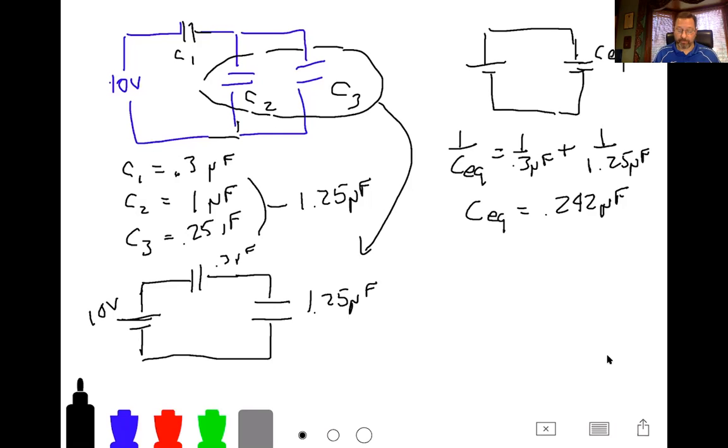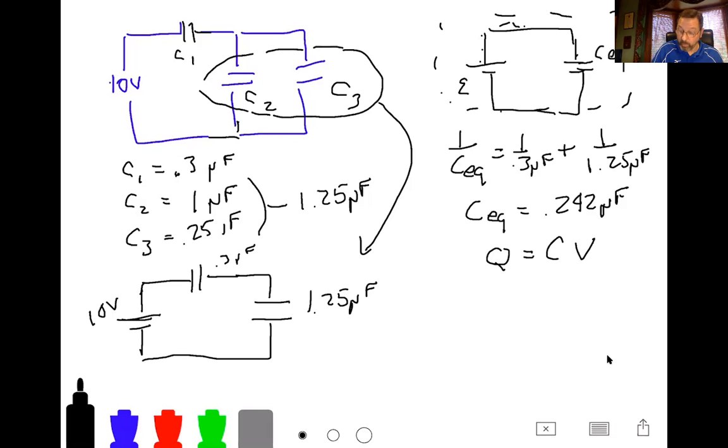And why did I go through all that trouble? Why did I need to create this circuit up here? And the answer is the capacitance equation that relates the charge on the capacitor, the battery EMF, or the voltage across the capacitor, which are equal because they're in parallel, aren't they? Okay, is that the charge is equal to C times V. So if I'm trying to figure out what I've called the charge leaving the battery, the charge that comes on here, I need to know the voltage across the capacitor, which is 10 volts.